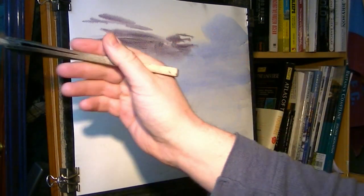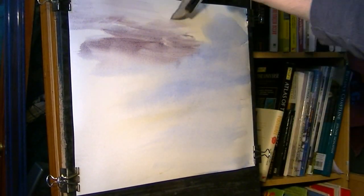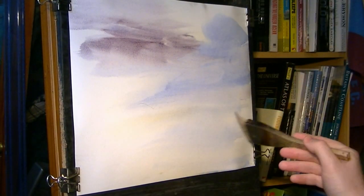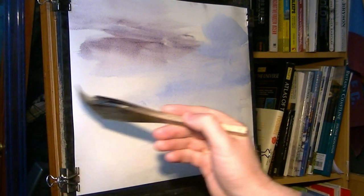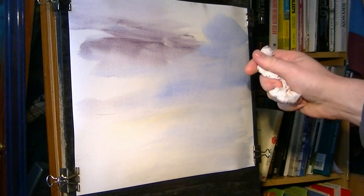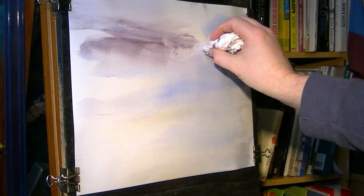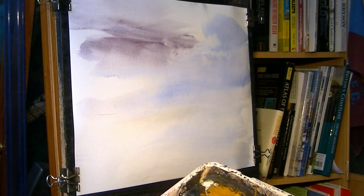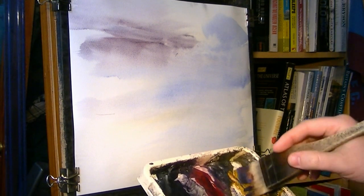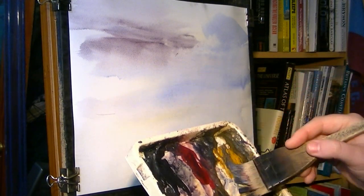Just catching it, just sort of trying to soften it off a little bit. Hair off the brush, right. And then, if you like, you can always also use a bit of tissue, pop a few little clouds in if you want to. And then that's all I'm going to do for the sky. Now while that's still damp, I'm going to take the sky colours again and put in those distant trees. So ultramarine, bit of raw sienna,